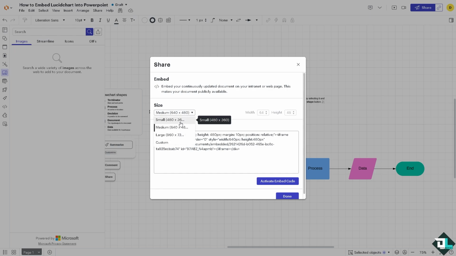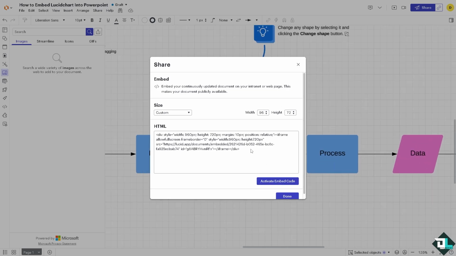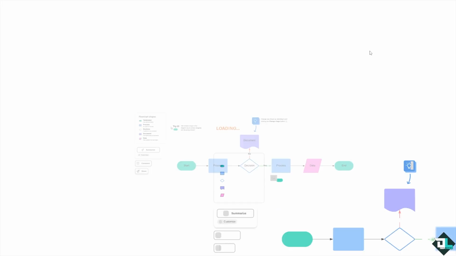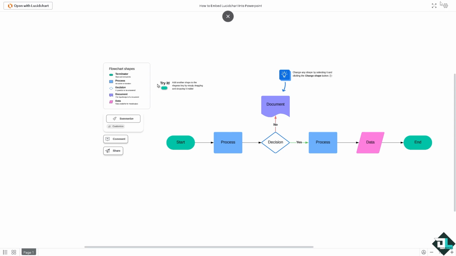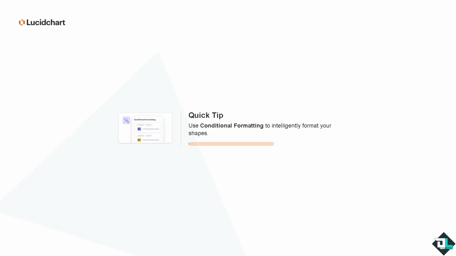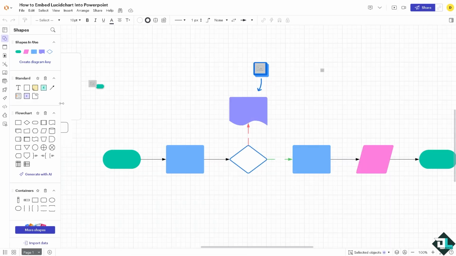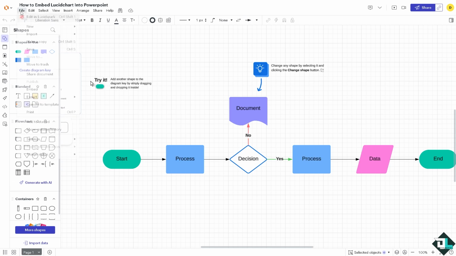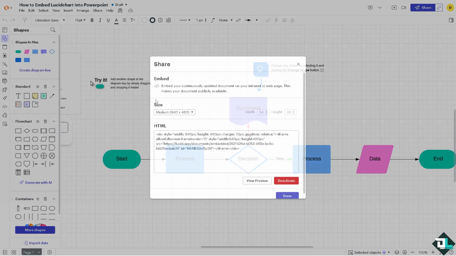You have an option to embed in small, medium, large, and custom, so depending on your preferences. All right, now I want you to activate the embed code, view preview if you wanted, just to make sure that this is the embed code that I want. All right, so I think we're good. We can leave this, wait for it to load. It's using conditional formatting to intelligently format your file. And then once the file has been embedded, all right,